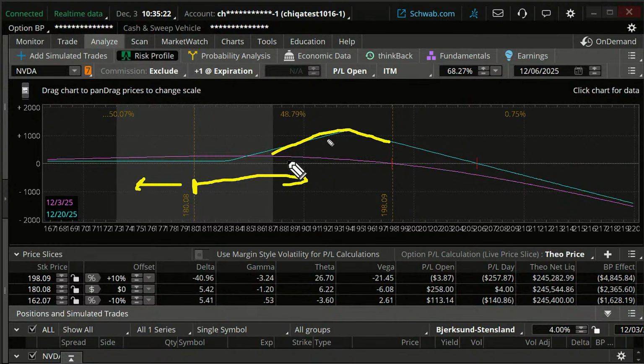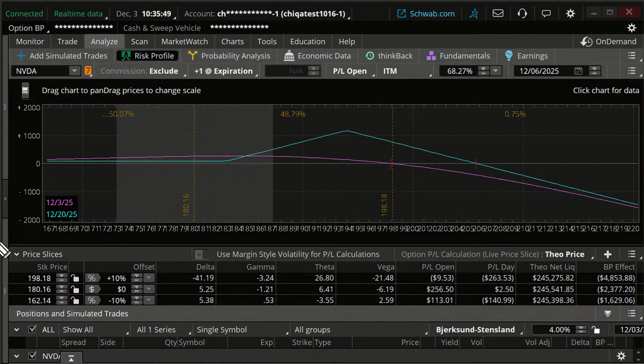Right? That's the construction of this back ratio spread or front ratio spread. We did this a couple weeks ago in our condors, calendars, and butterflies class, by the way, if you want to see these. But this is a nice risk profile. So we're bullish on this, but we're not too bullish. Okay, so let's just take a look at this.